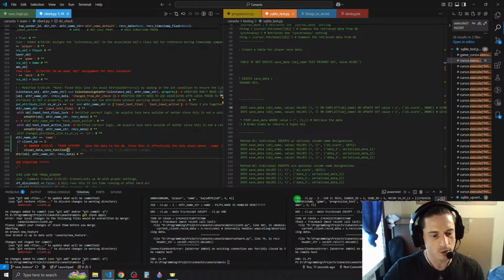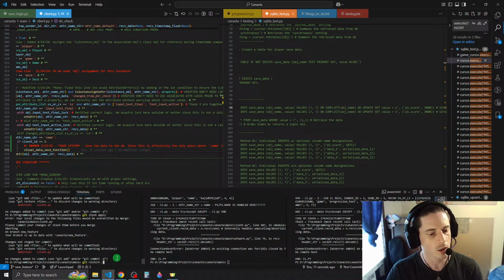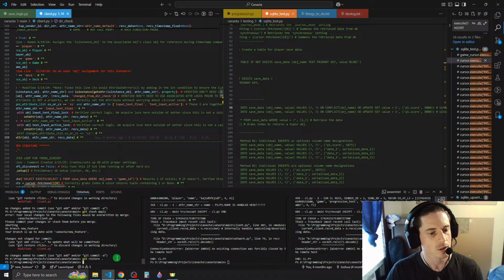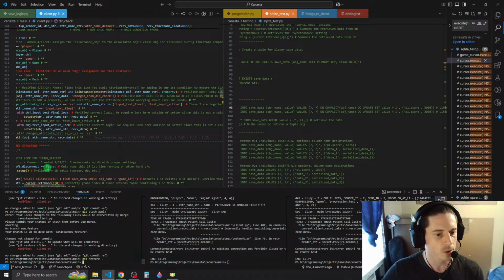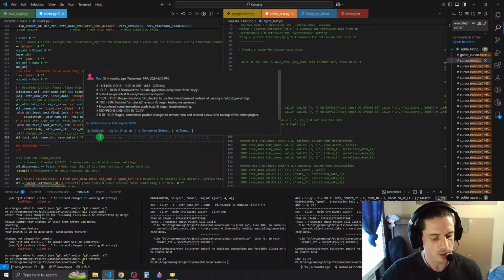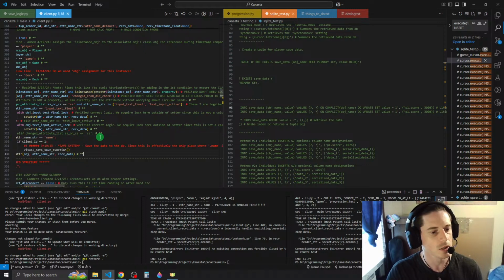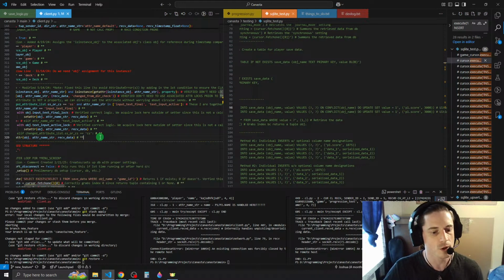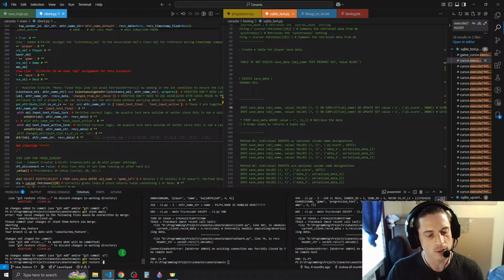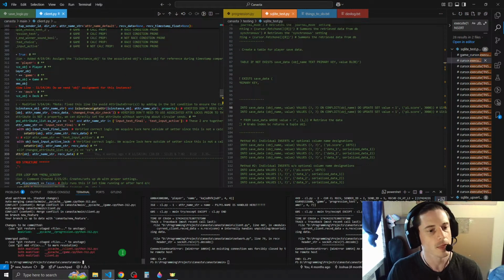So if I do git restore and then dot, that got rid of all the changes that I had just made. So see what it did? It removed those changes. Now I can do git stash apply, and it modified